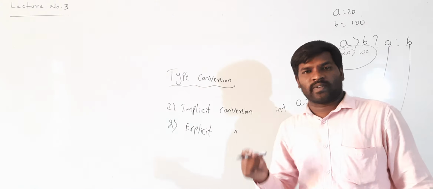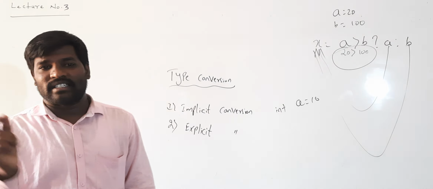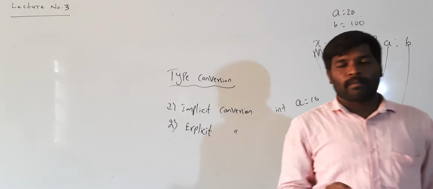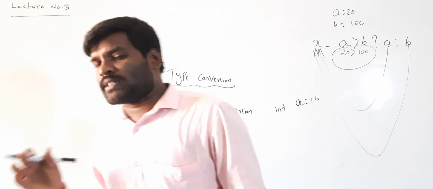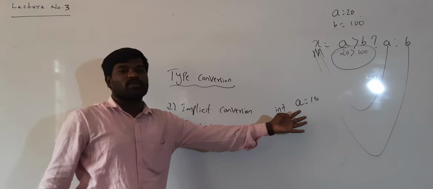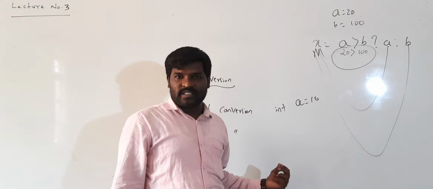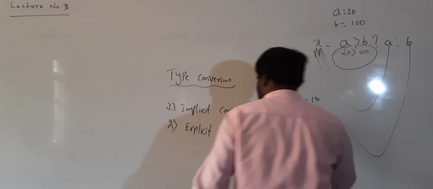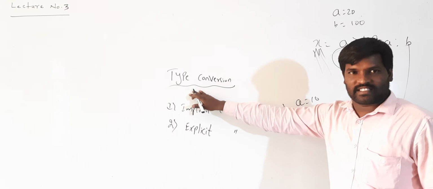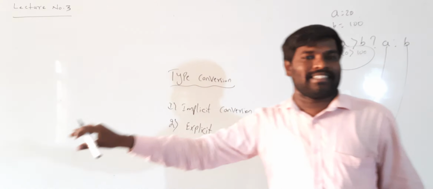In the algorithm, directly you can define input of a, b. It means that you can store any number, either an integer, or a decimal value, or a character. But in a programming language, we compulsorily have to determine which type of data you are going to store in a particular variable. That is nothing but the keyword, the data types. Okay, here int a is equal to 10. Here type conversion is nothing but the conversion of one data type to another data type.